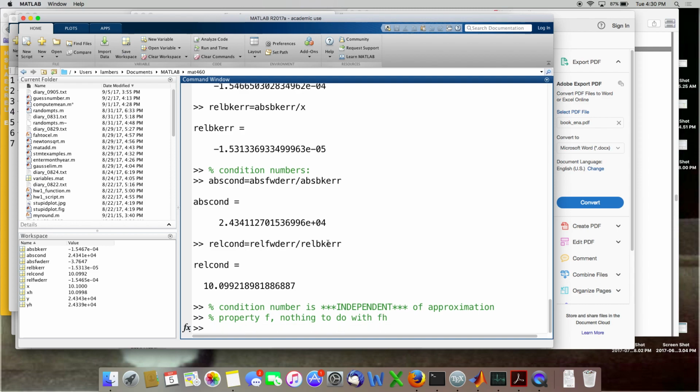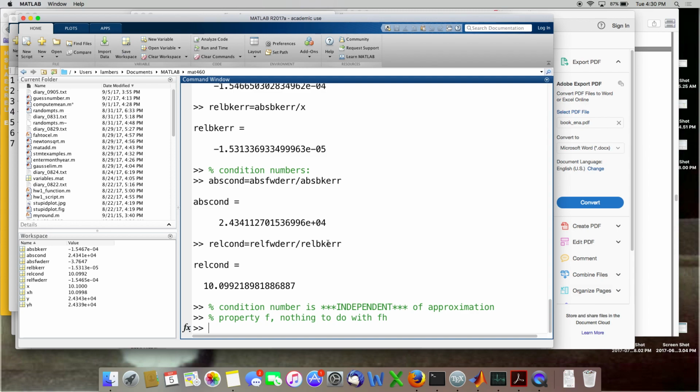That's the important thing. We're going to have certain problems that we'll look at, whether it's in this course or the next course, 461, where we might throw different methods at it. But if a problem is ill-conditioned, all of those methods are going to have problems. And it's really a tough nut to crack in these cases. So a condition number is a property of the underlying problem you're trying to solve.